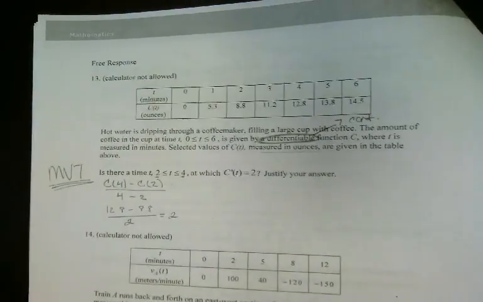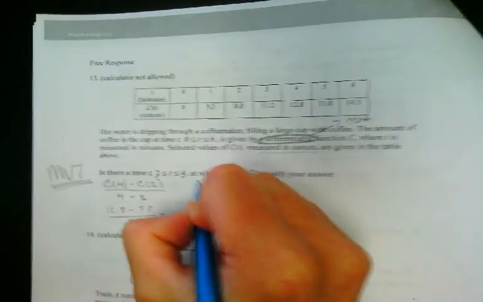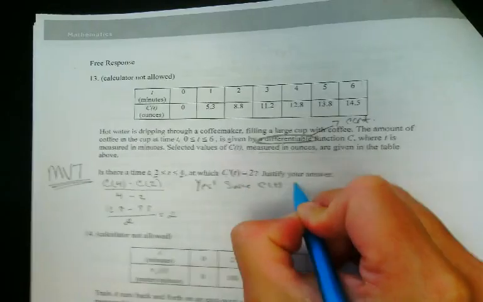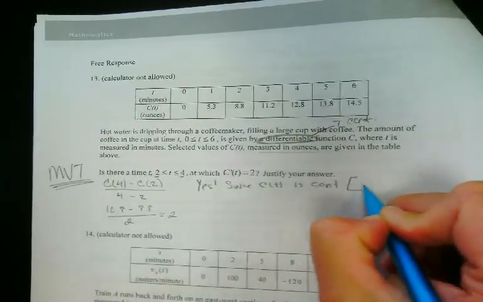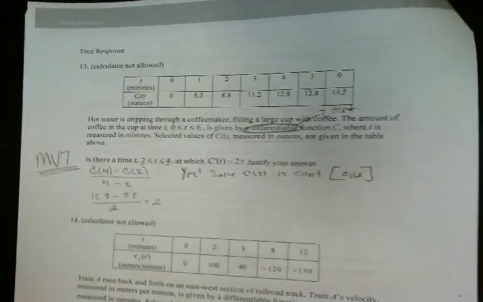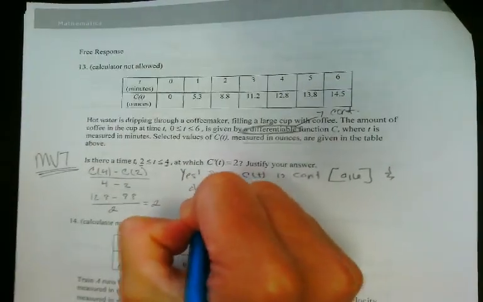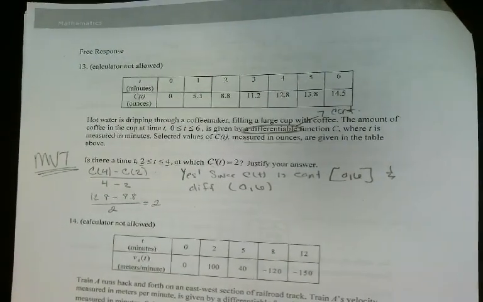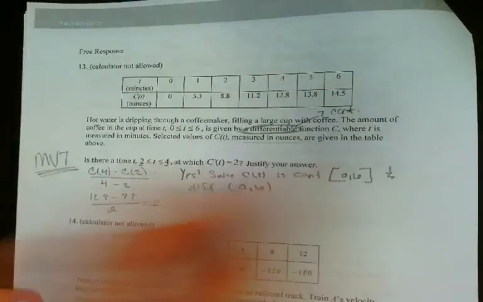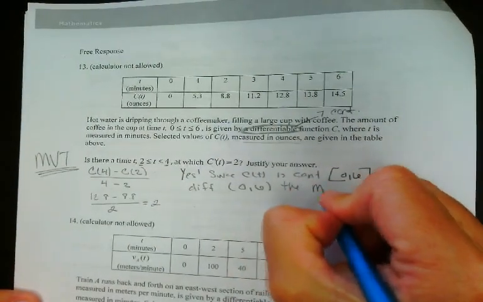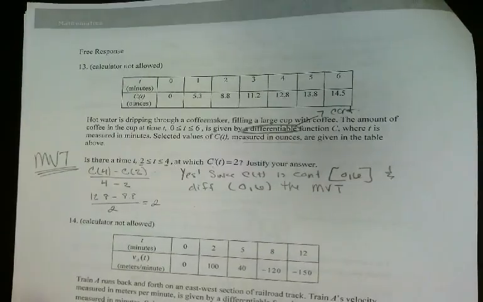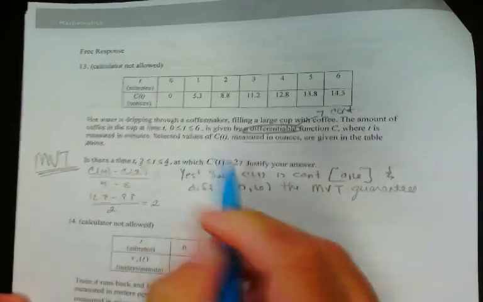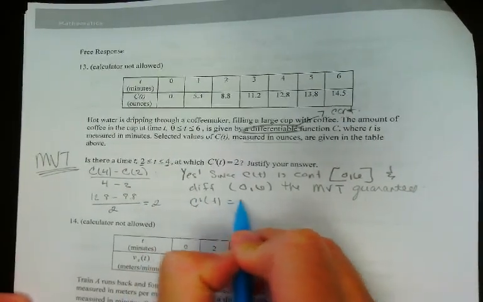So we have to first address the two conditions. So is there a time? I'm going to answer yes. Since c of t is continuous on the closed interval 0 to 6 and differentiable on the open interval 0 to 6. Okay, so really you got to state your conditions, and then you kind of just repeat the question with the theorem. I'm going to say the MVT guarantees whatever I wanted, c prime of t equals 2,